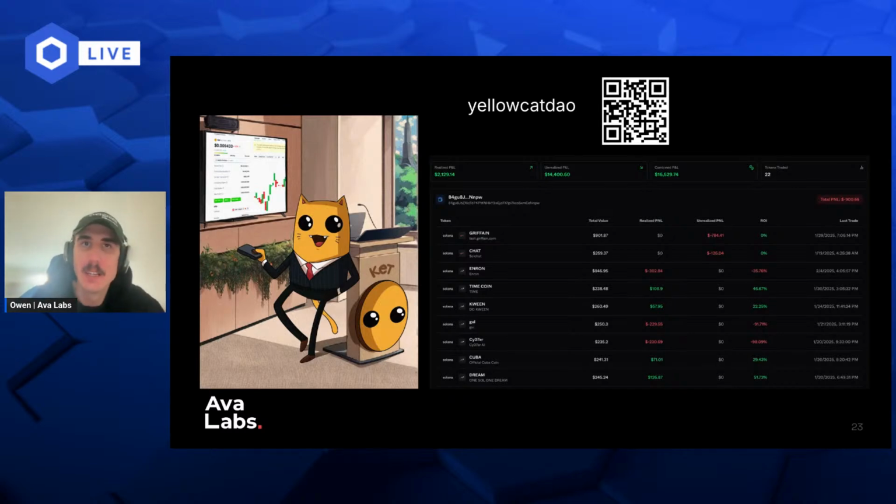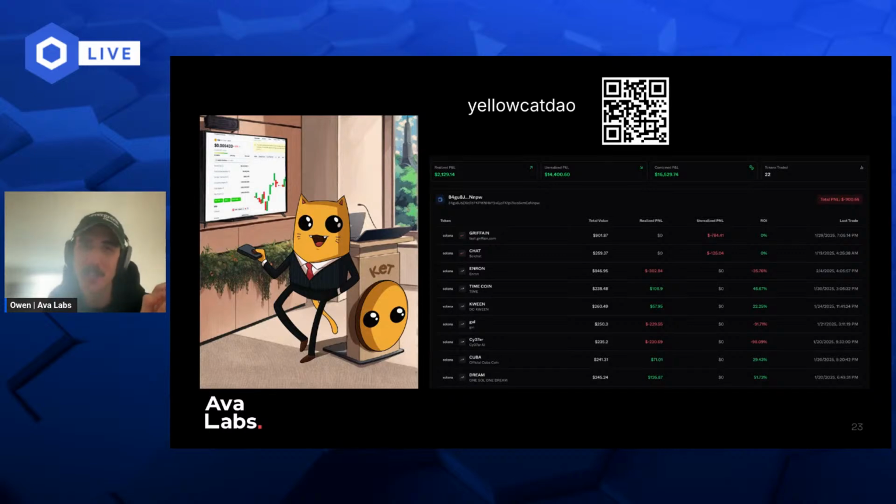Awesome. So if you are on Avalanche, there's no way you have not heard of the yellow cat from Wyoming. So this is the yellow cat DAO, and it has a lot of fun artwork, AI generated based off this little mascot right here. It also has a Twitter account. I believe if you scan this QR code, it will take you to the account where the AI agent will be tweeting from. But this is honestly one of the first mainstream AI projects on Avalanche.